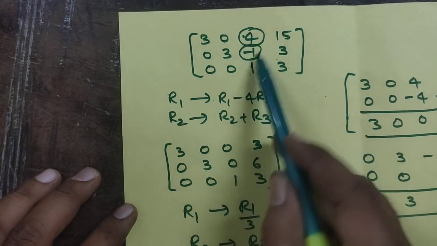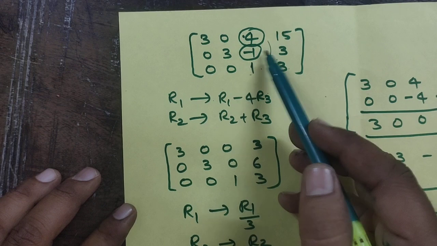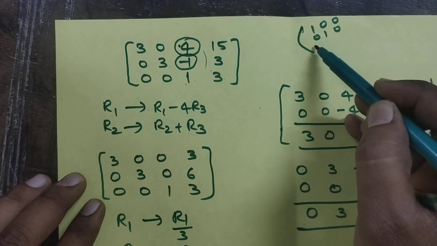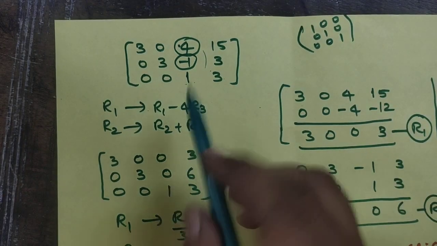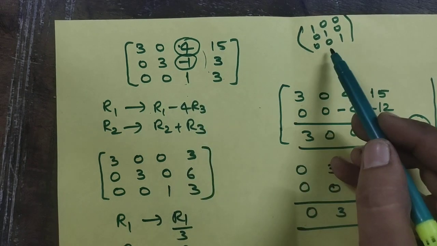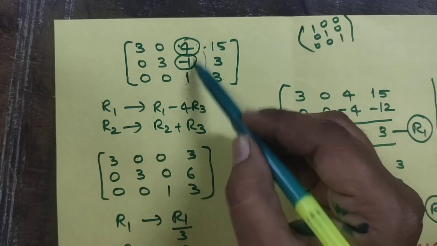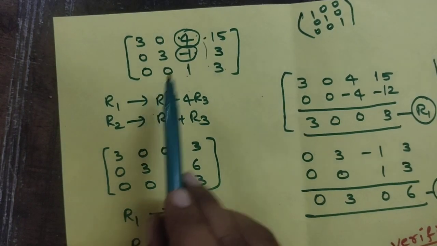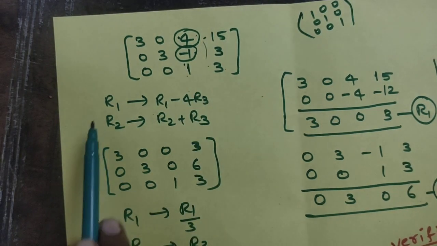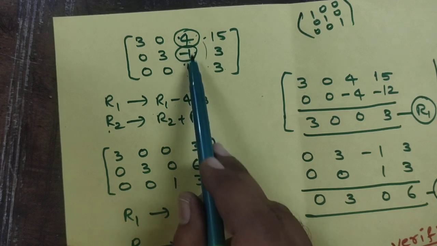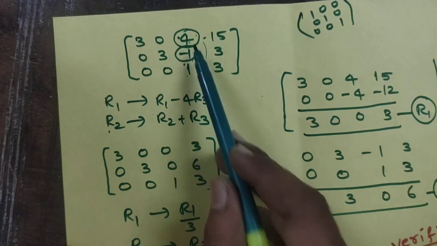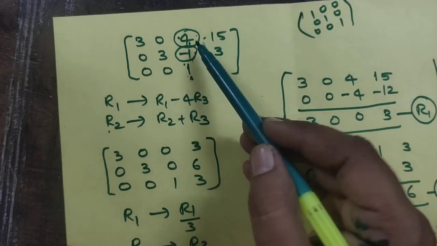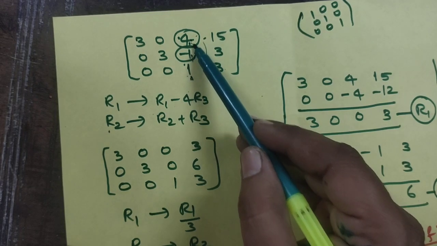Now this matrix is not completely in 3 by 3 identity matrix, which we need to change: 1 0 0, 0 1 0 and 0 0 1. So to convert this matrix into completely 3 by 3 identity matrix, we need to change these two elements as zeros from non-zero elements. For that, this is R1 and this is R2, making R1 and R2 these places zeros. For that, to get 0 in this place, which row we don't have? R3. With respect to R3, we are going to make R1 and R2 elements zeros.